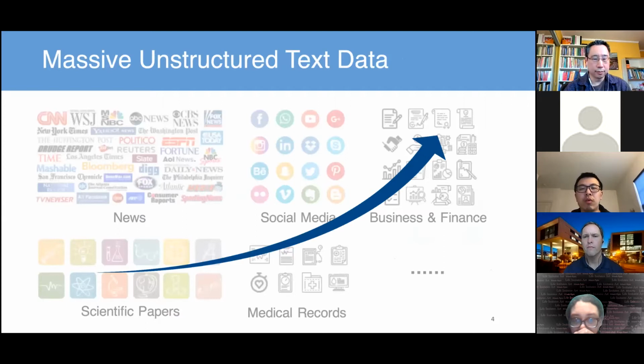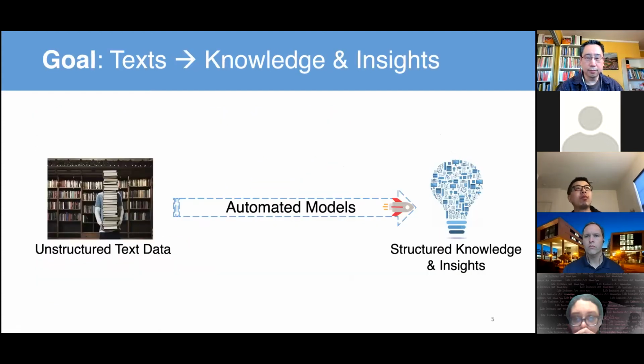So this is a really important and difficult task, and it's very hard for human experts to read through all these articles, understand what's going on, and distill the knowledge, because every day you can imagine that there are thousands or even more new scientific papers going out, and for that kind of state-of-the-art knowledge, you need to recruit a large number of experts. Even if you have access to this huge amount of talent, the cost could be expensive. So this becomes a necessity to develop automated models to let the machine digest this information in an efficient and effective way. So here is our goal.